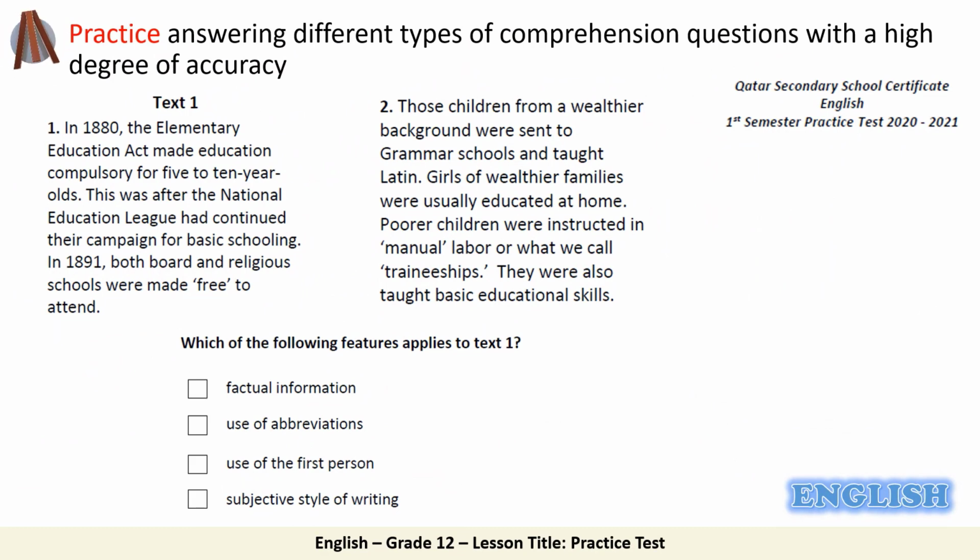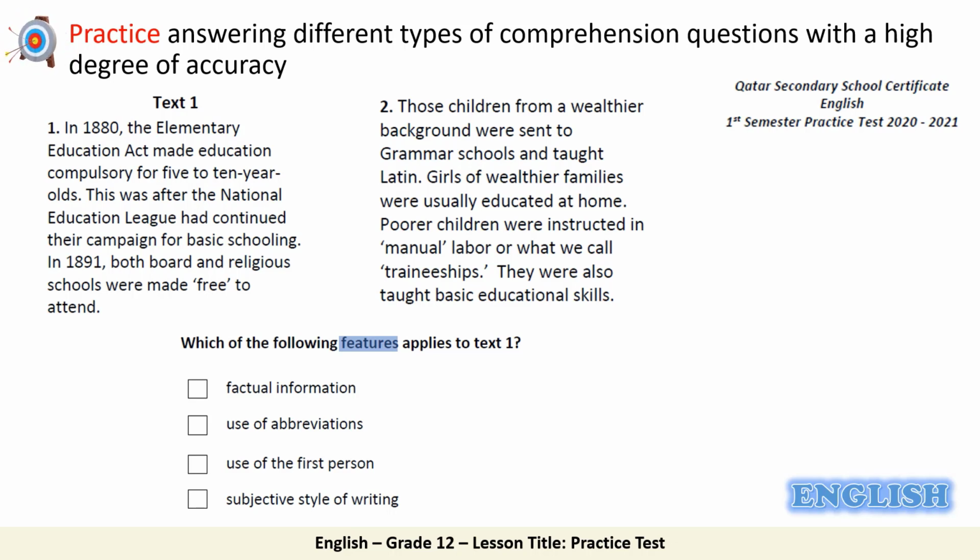This multiple choice question will not ask you about the content of the paragraph, but about the language features, which means the characteristics of the language used by the writer. So let's read through the options. The first one is factual information, which means the writer uses facts in the text. The second option is the use of abbreviations, which means the use of contracted forms of verbs, like the S